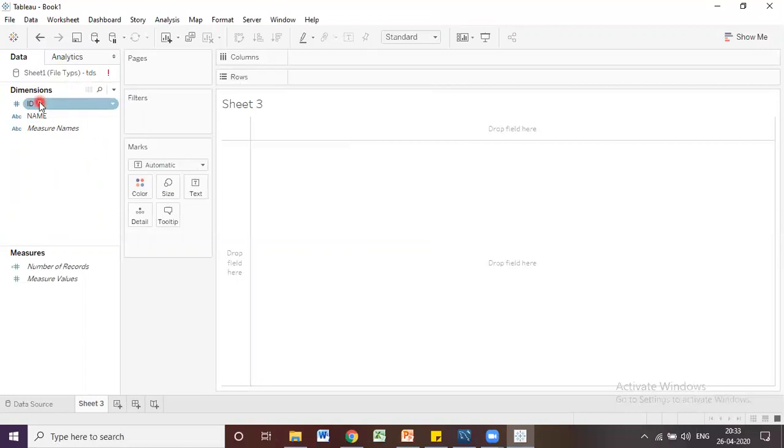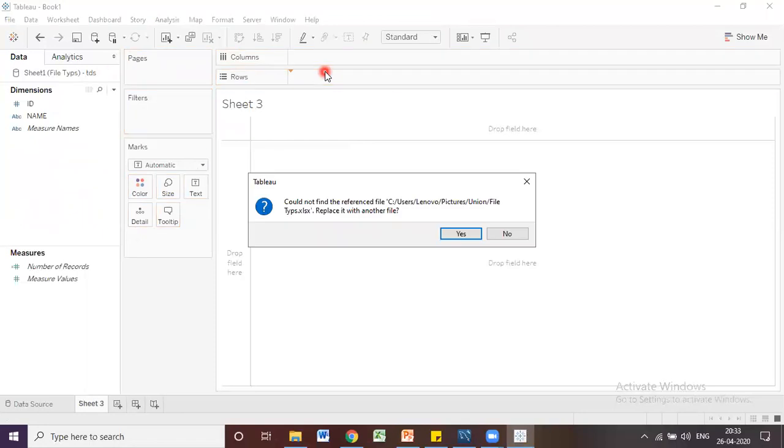Now let's drag a field. You can see it says could not find the reference file, meaning the file is missing. As I said earlier, it contains the connection information. Because the connection information is there, it came till here, till the Tableau workspace.